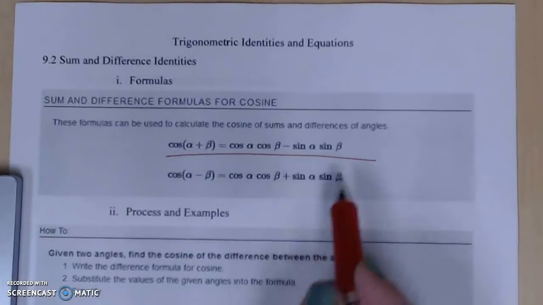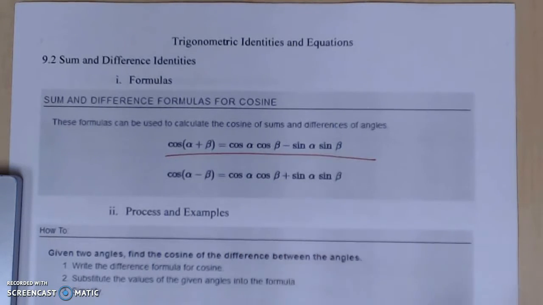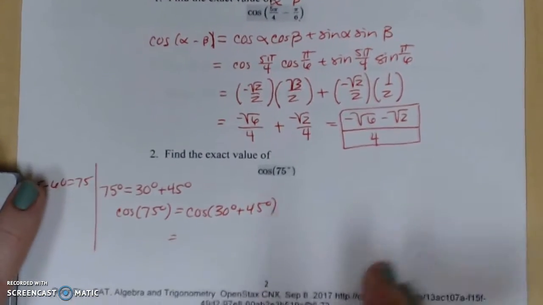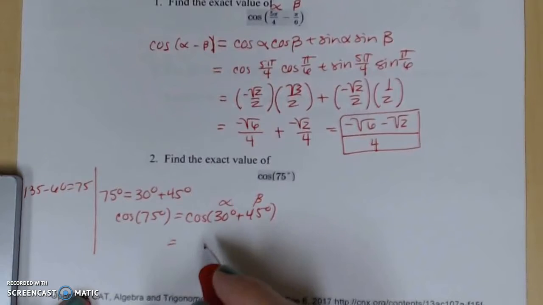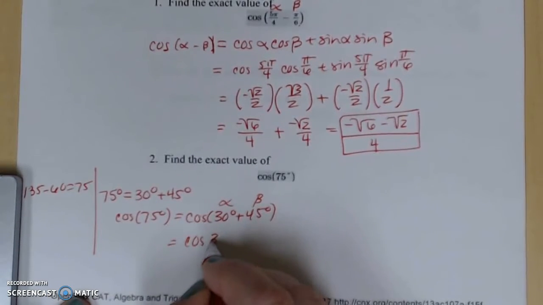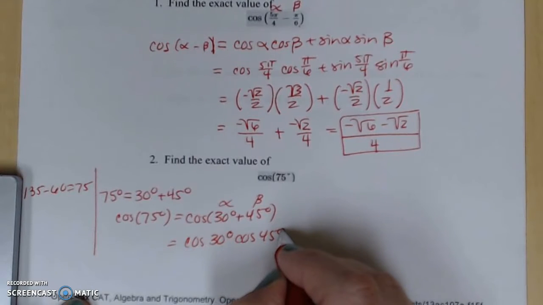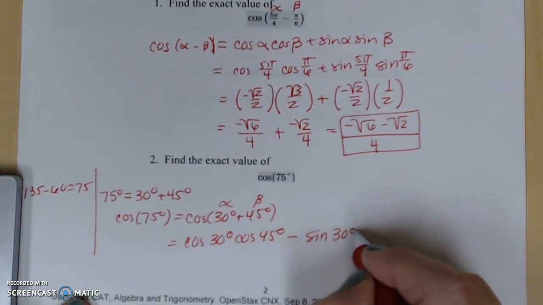Applying the identity that we saw up here, we can see that we're going to be doing cosine alpha, cosine beta minus sine alpha, sine beta. So I'm going to come down here and say, okay, well, here's my alpha and here's my beta. And so this would give me cosine of 30 degrees, cosine of 45 degrees, minus sine of 30 degrees,